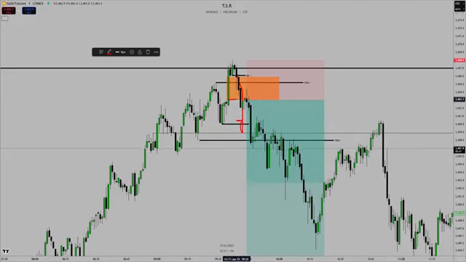This IFVG becomes lower probability. Why? We already swept internal range liquidity. The point is, you want price to tap into the inverse fair value gap, run beneath these lows. You're now secure. If price reverses back up, well, maybe you should be stopping back out at break even, because